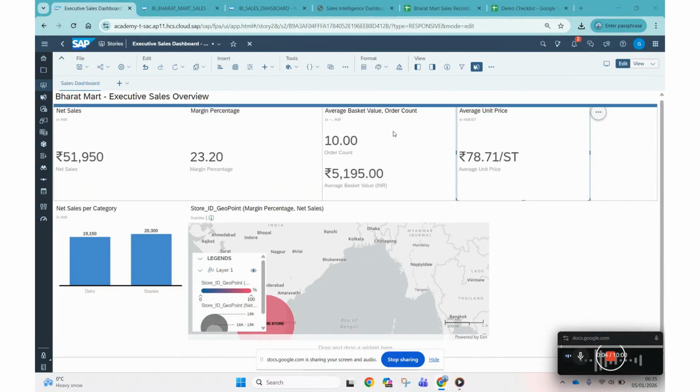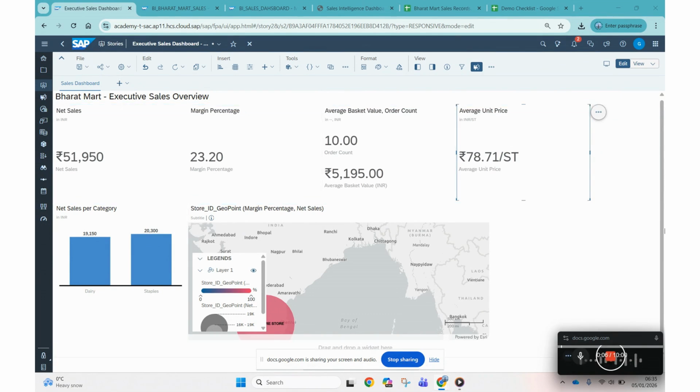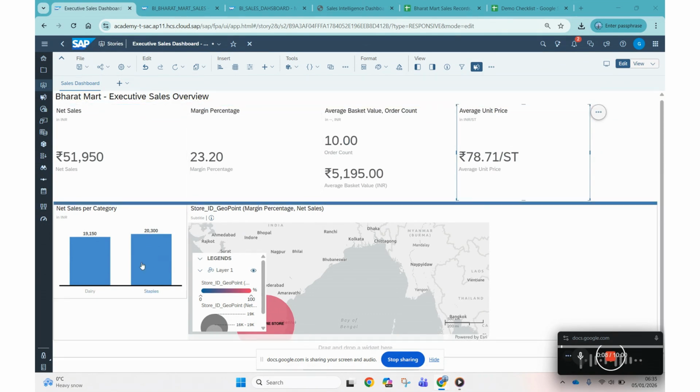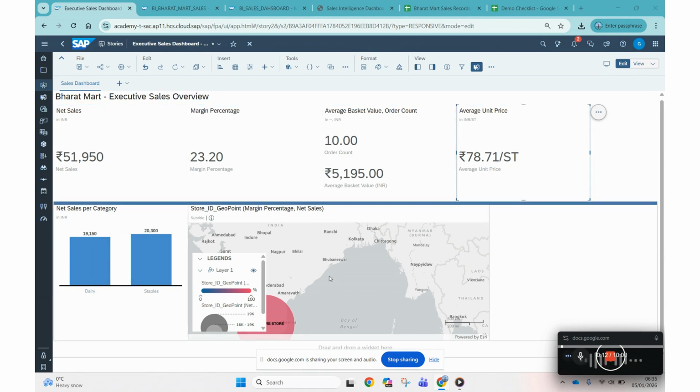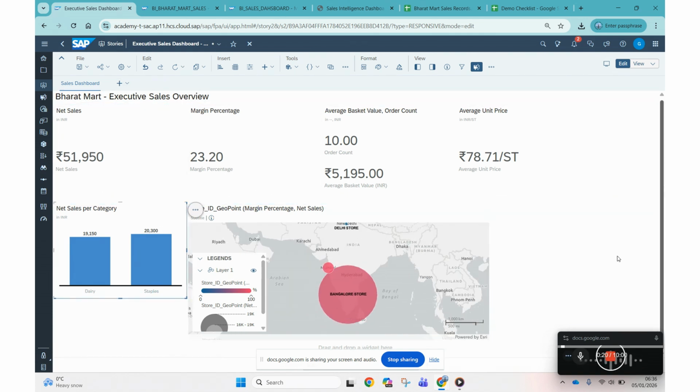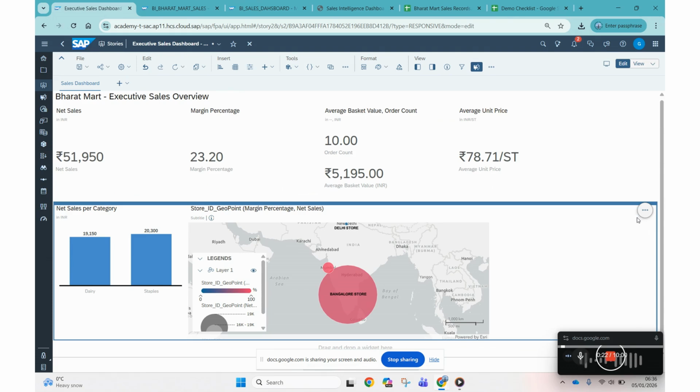So, this is part four where we are going to continue building our dashboard. In the last video, we saw some of our main KPIs and some of the charts that we built. So, let me go ahead and add our other charts. The next one that we are going to look at is going to be